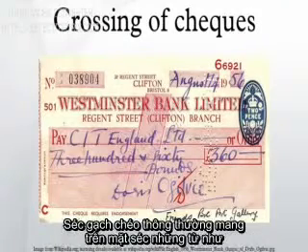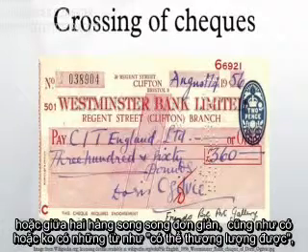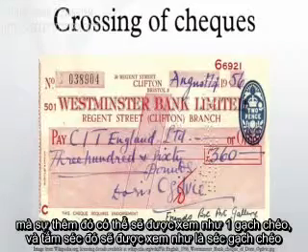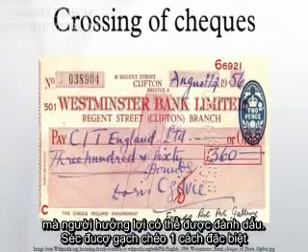Types of crossing. Check crossed generally, where a check bears across its face an addition of the words "and company" or any abbreviation thereof, between two parallel transverse lines, or of two parallel transverse lines simply, either with or without the words "not negotiable", that addition shall be deemed a crossing, and the check shall be deemed to be crossed generally and can be credited to any account without endorsement but through a banking channel